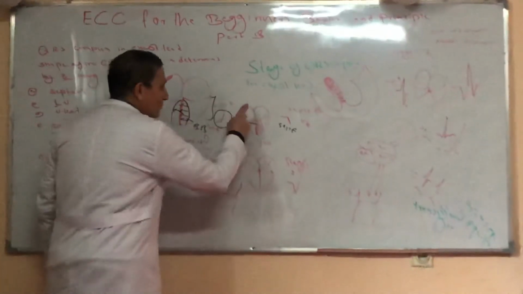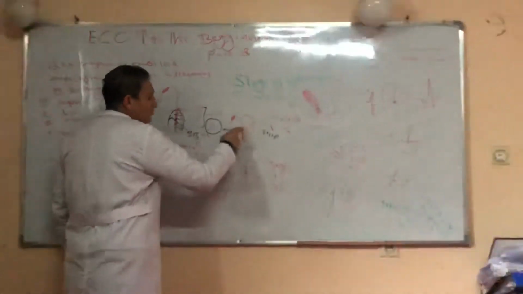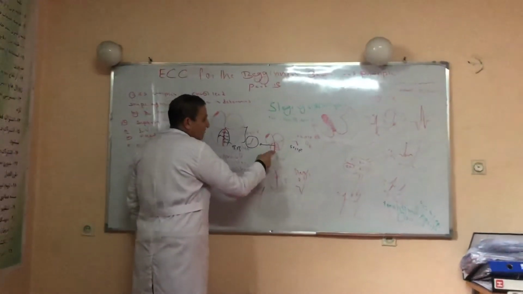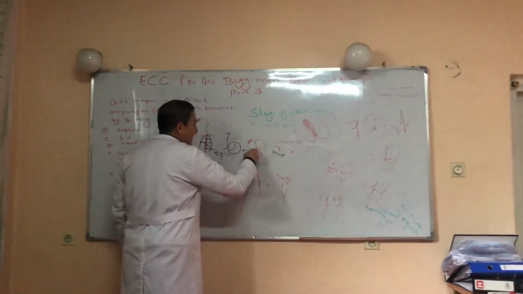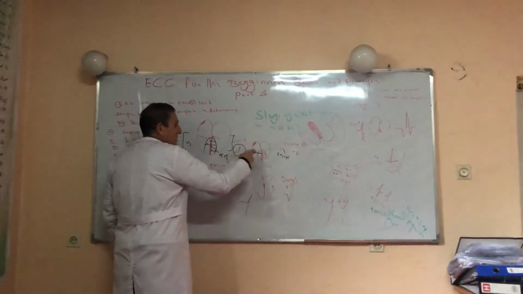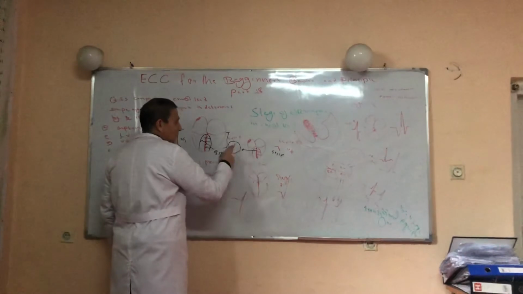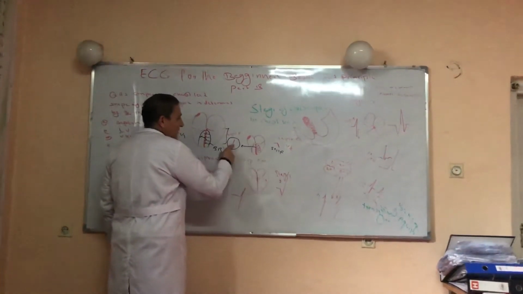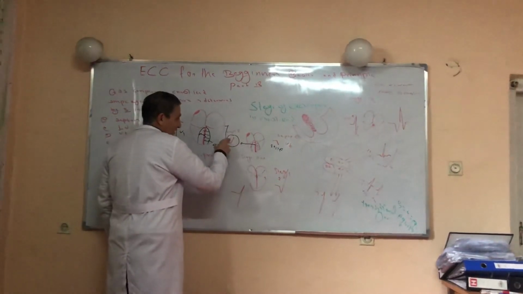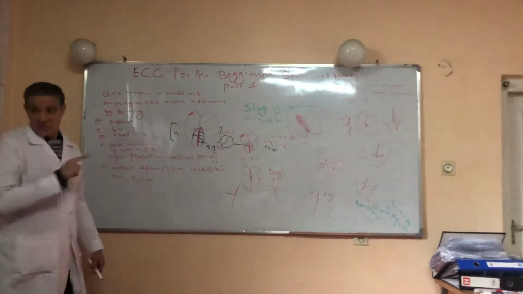Again, the electrical impulse is generated from the SA node, through the internodal pathways to the AV node, then to the bundle of His, then to the left and right bundle branches. The left bundle branch leads to depolarization of the septum from down to up and from left to right, toward the electrode. When the impulse moves toward the electrode, the deflection of the needle is positive, but a small positive, because the septum is small. The positive charge moves toward the positive electrode, and this R is called septal R in the chest lead.